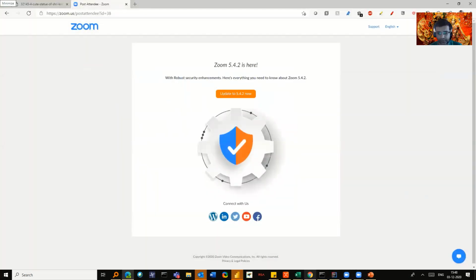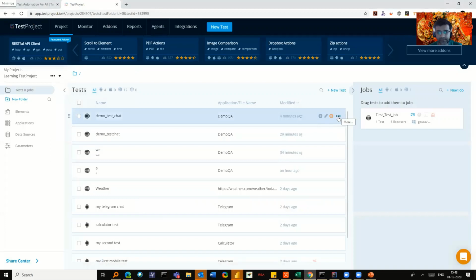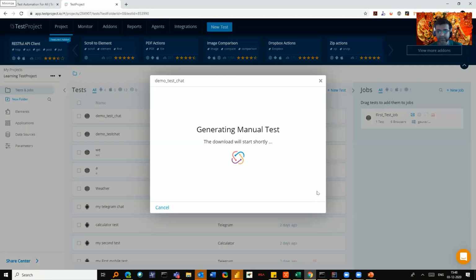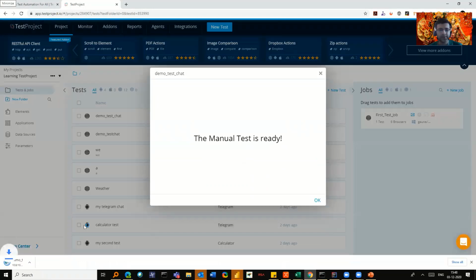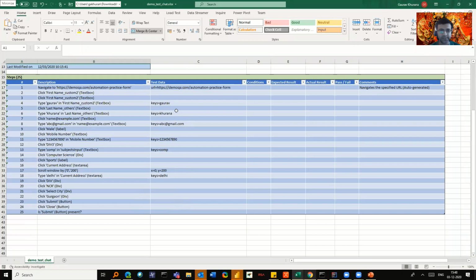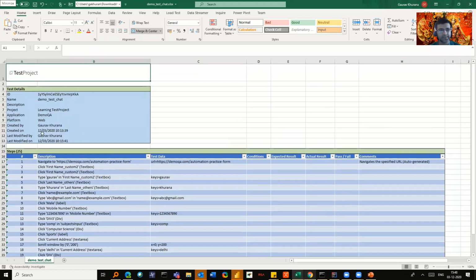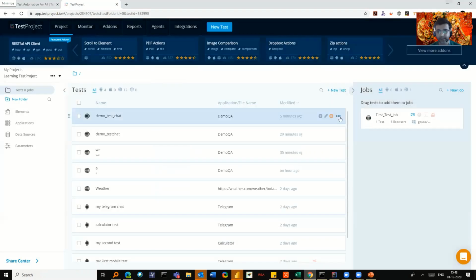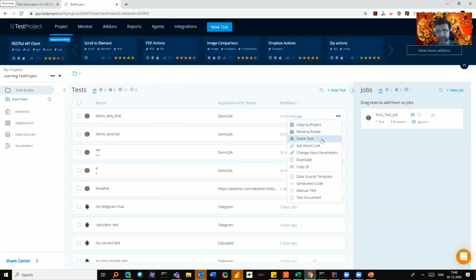Like I showed you. So I'll show you here how to download the test case which I showed you. So this is the manual test option. You can simply download it and it will show you whatever steps I did at that time. So I can share that with my team, saying okay, this is the thing. If you see whatever data I provided, I selected NCR, Gurgaon. So these are the manual steps that have been created by the test project, which I was sharing earlier. And I can share this test with anyone.